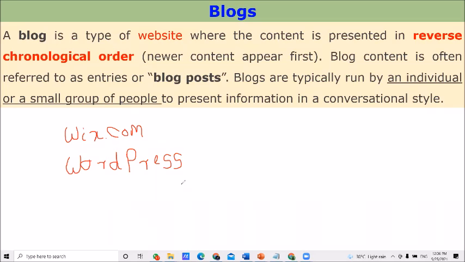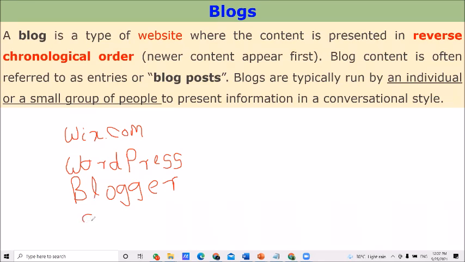It is freely available. Then another tool is Blogger, B-L-O-G-G-E-R. Blogger is another tool that also gives facilities to create blogs.